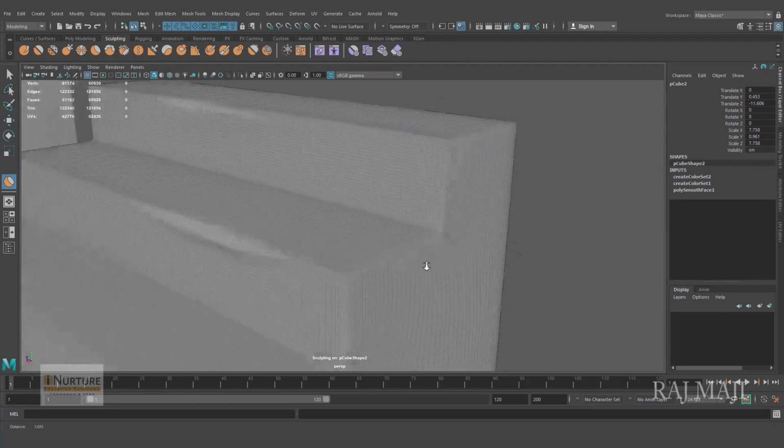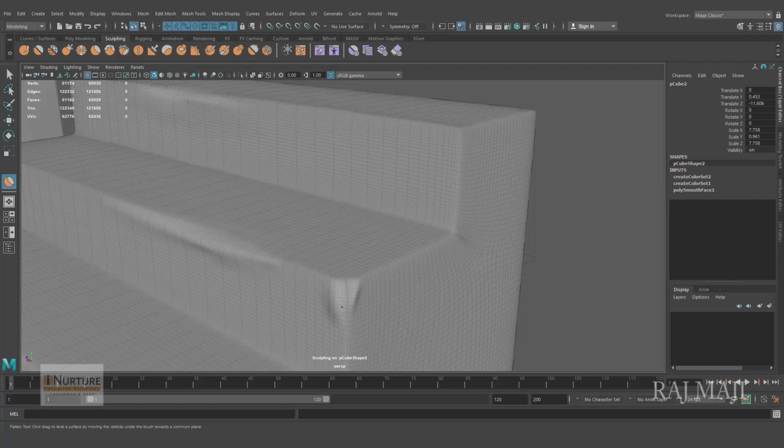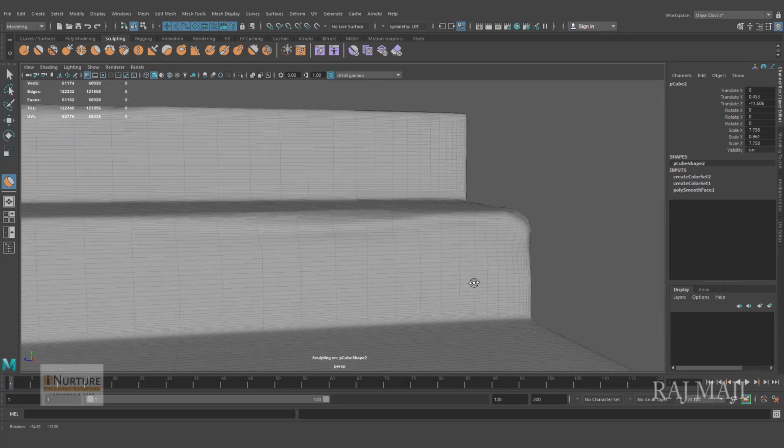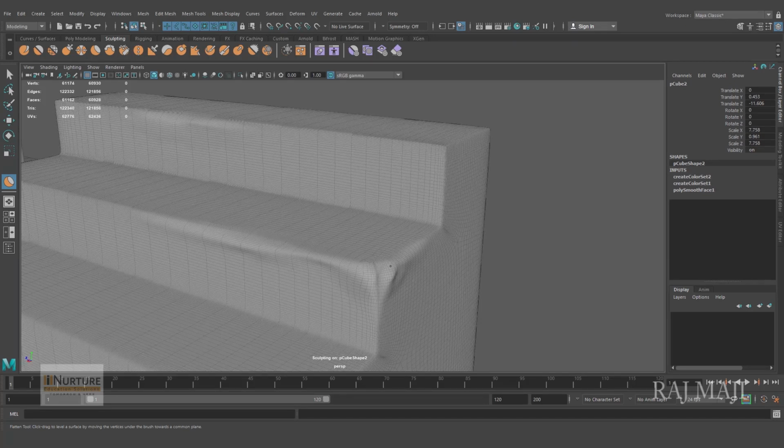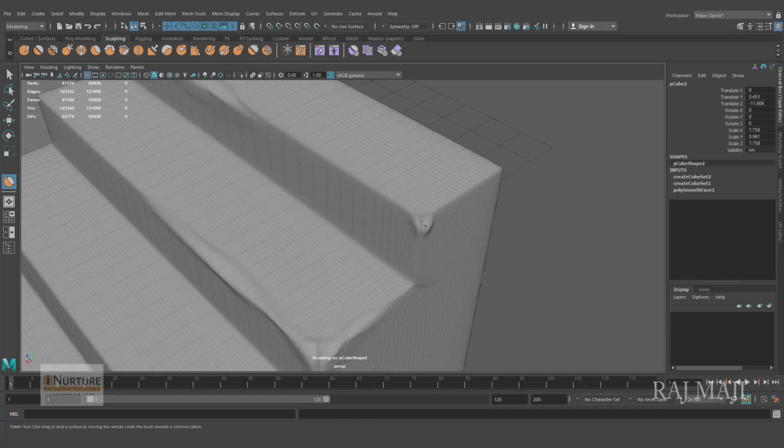Alright, now over here, most of the corners we should sculpt like this. Fine.